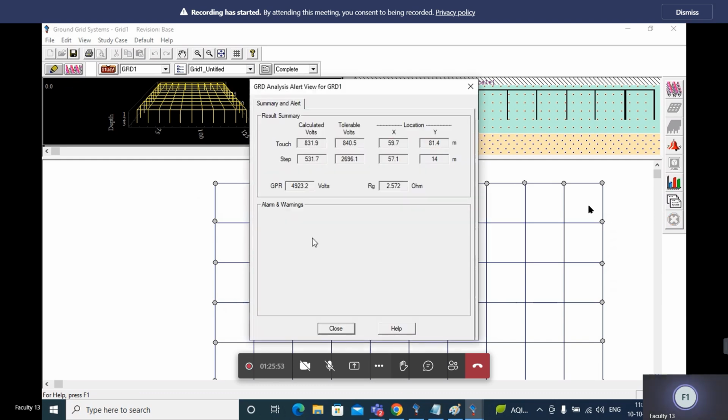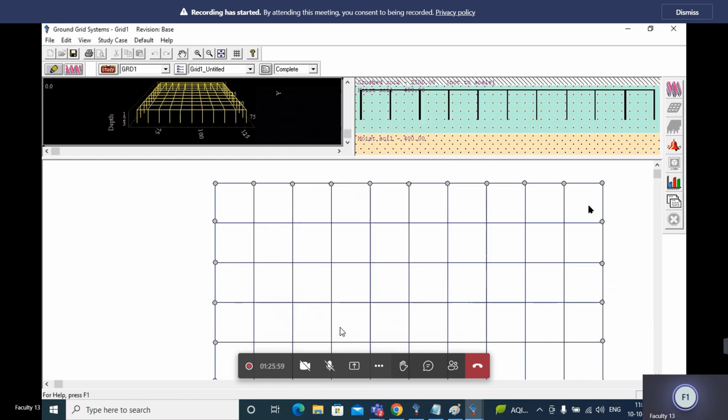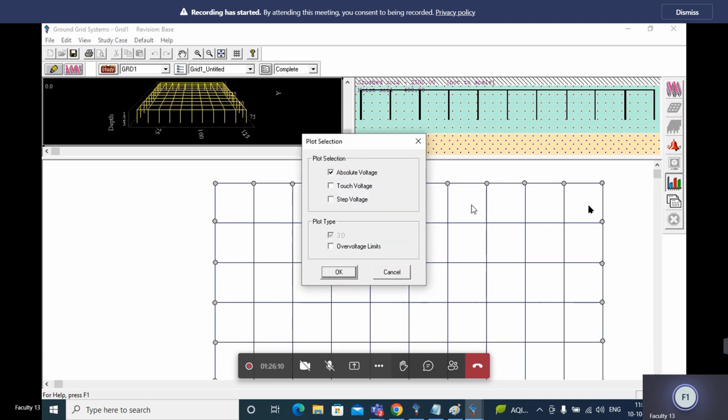Can you see here? Now, instead of increasing the square mm, you can assign a number of rods inside these conductors also. Okay, no issues. After running in this finite element method, you can check the graph itself also.